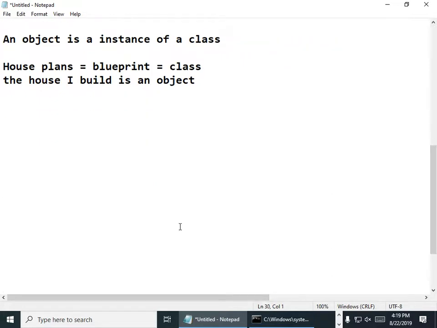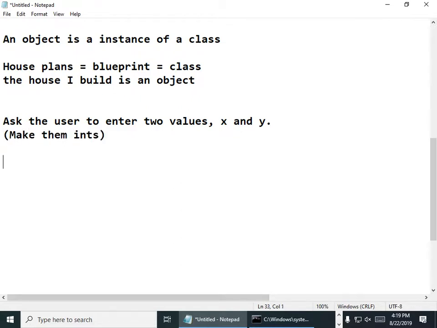Be real easy. Ask the user to enter two values, x and y. Just make them ints. And then calculate x plus y, x minus y, and x times y.